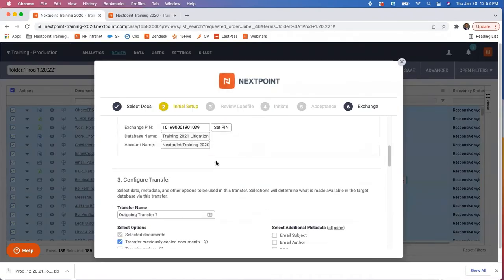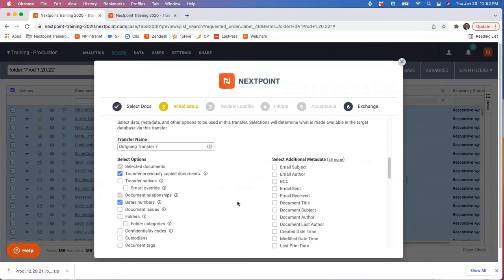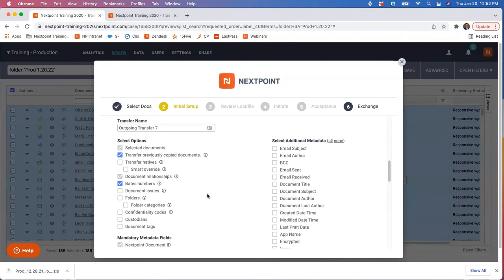Looks good to me. And the next thing you do is configure what you want to transfer over. So we're going to want to transfer over the natives. We're going to want to bring over that Bates numbering that we'd applied. Any document coding, we certainly want to bring over. Confidentiality codes, any custodian information, document tags. The only thing that I don't personally recommend is maybe these folders and folder categories, because you probably might want to